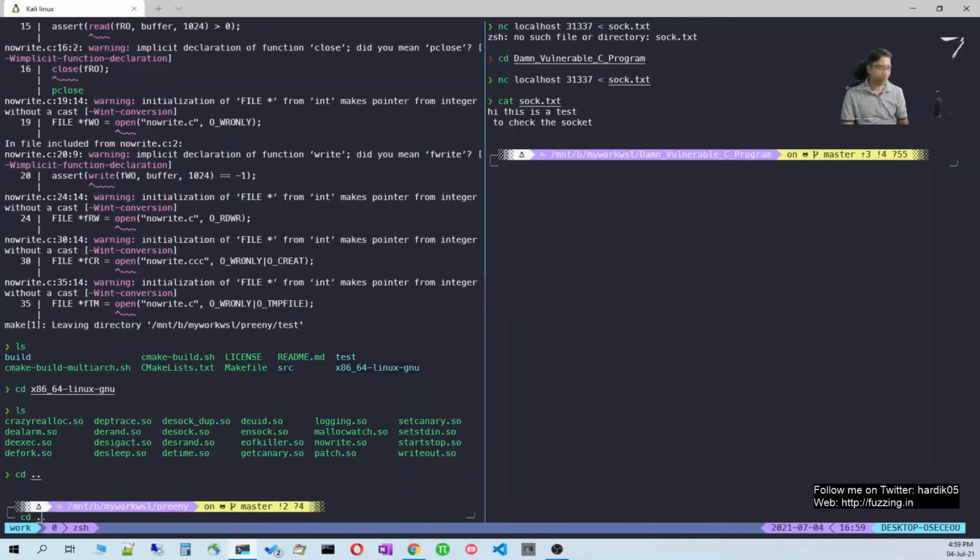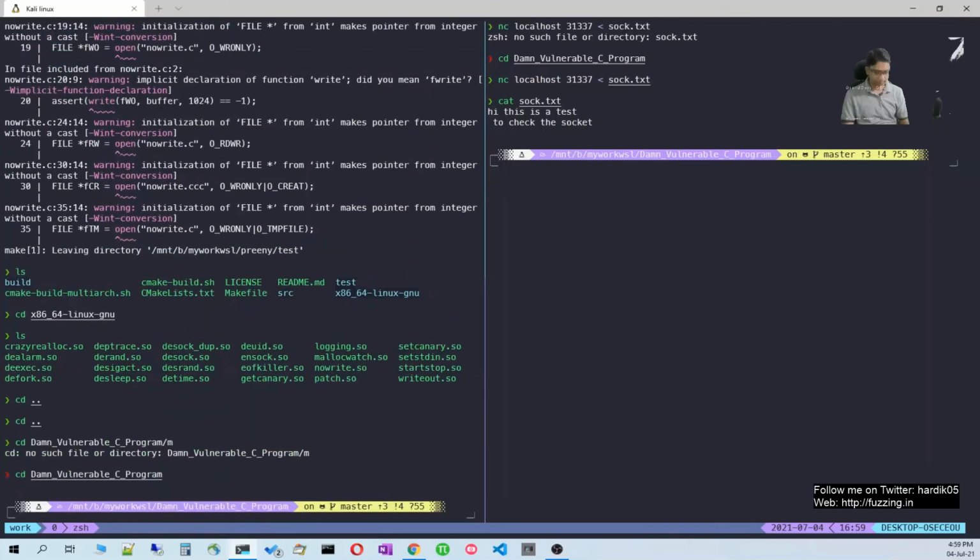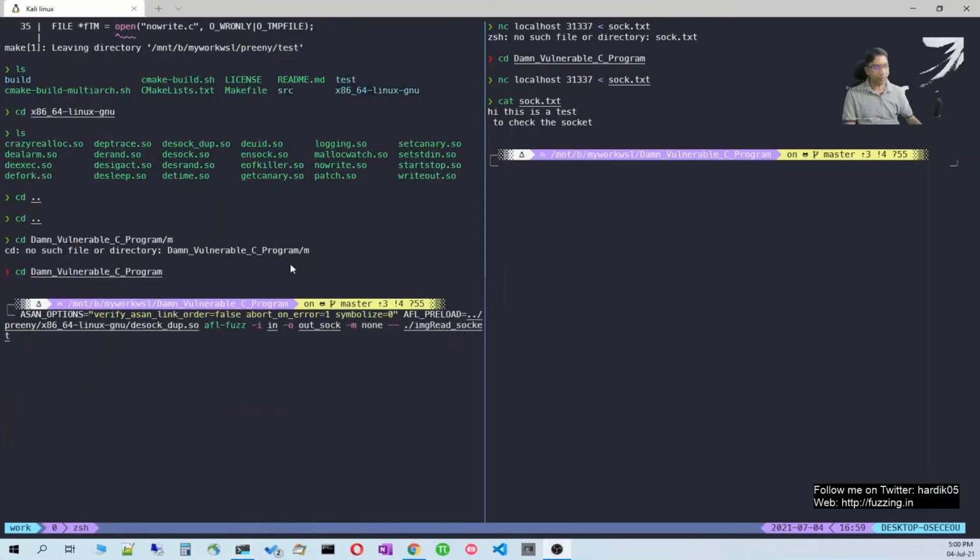To fuzz it with AFL now, you can use the AFL_PRELOAD command. There was some issue with the way I compiled my program, so I need to use this flag: ASAN_OPTIONS=verify_asan_link_order=false. Otherwise it will complain that ASAN doesn't come as the first library. Then abort_on_error=1, symbolize=0, and then AFL_PRELOAD, which will load our Preeny module.